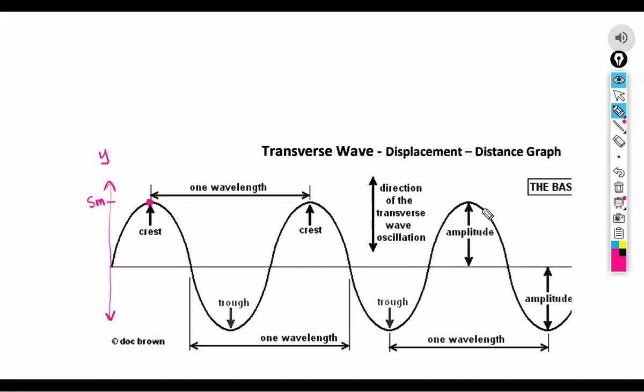The amplitude, on the other hand, has a value. The amplitude would be 5 meters. So the amplitude is the maximum displacement, the value of the maximum displacement from the rest position, the middle, to the crest. But the amplitude you call the value. So that is a subtle difference, but it's very important in the exam. And the trough is the actual lowest point. It doesn't really have a value, okay?